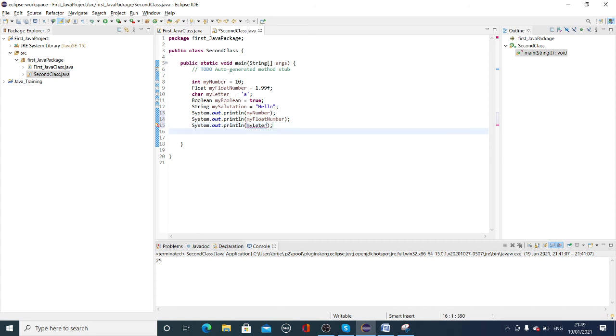Now all of them I'm using, and if I execute them, it will print all the values.